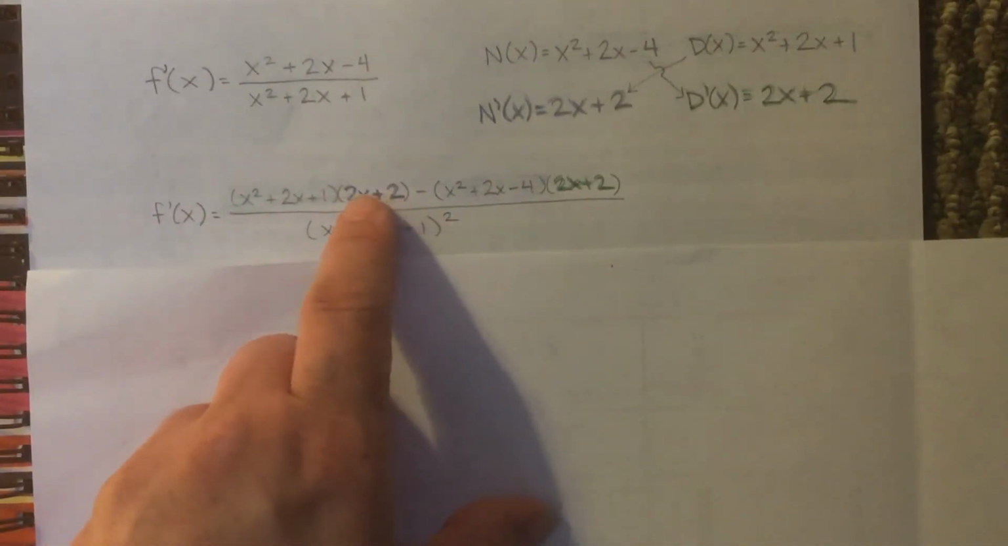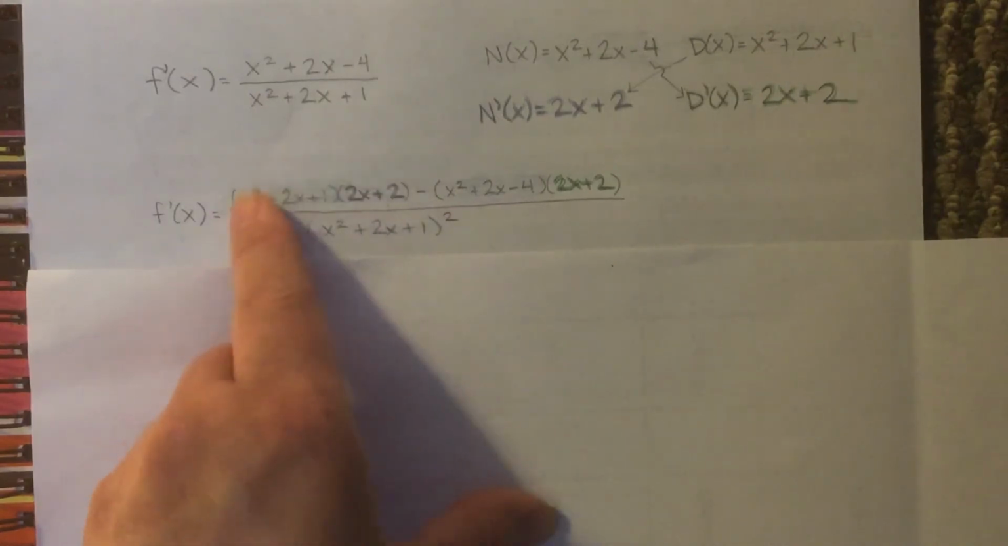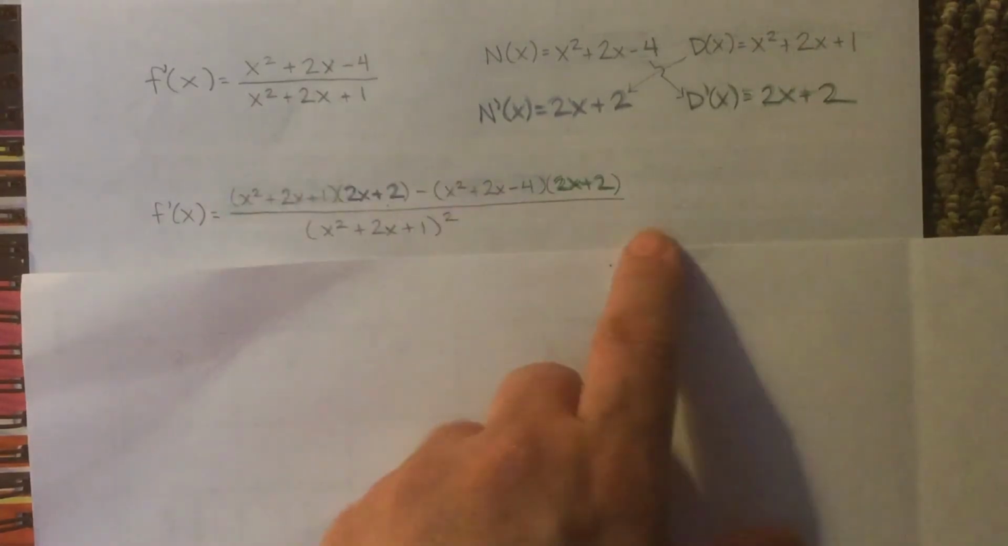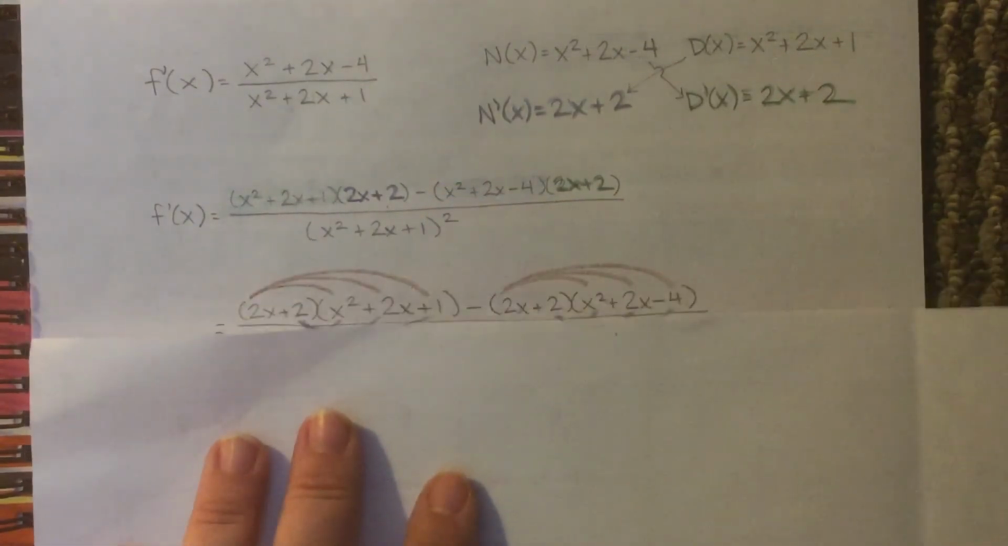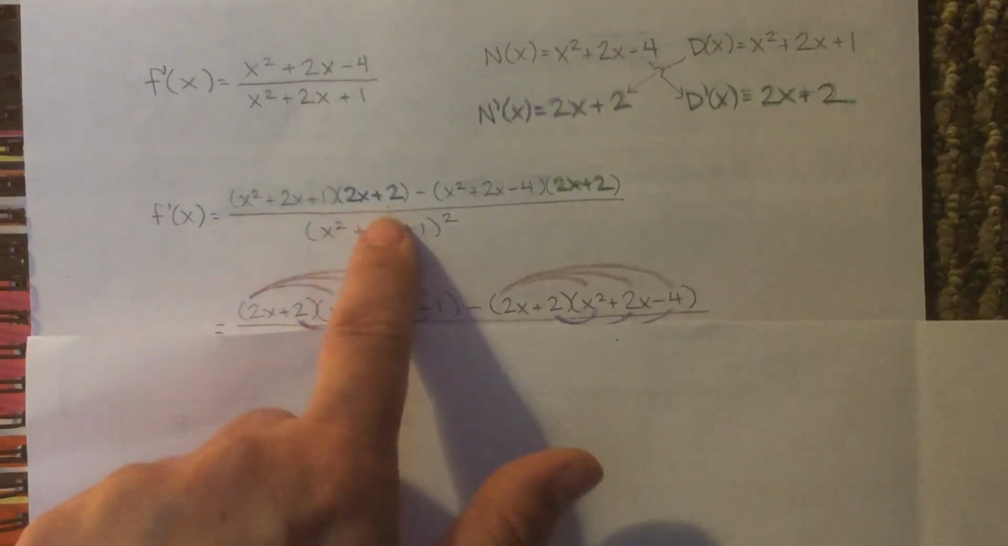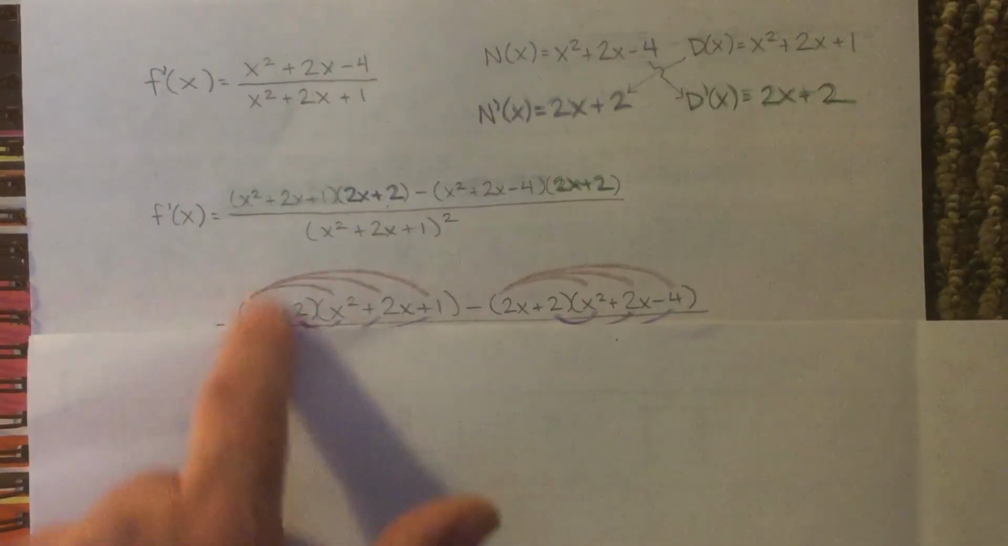So in the next step, I put this binomial in front of the trinomial because it makes it easier to distribute it, in my opinion. And I do the same thing with this binomial in front of this trinomial. So I put 2x plus 2 in the front, and then